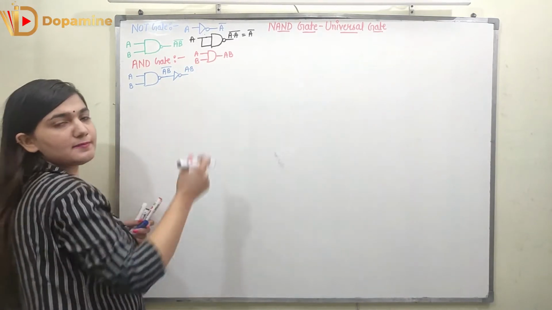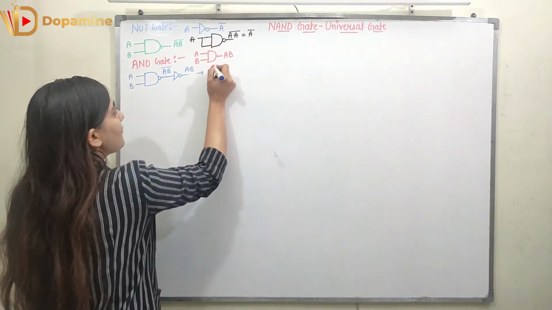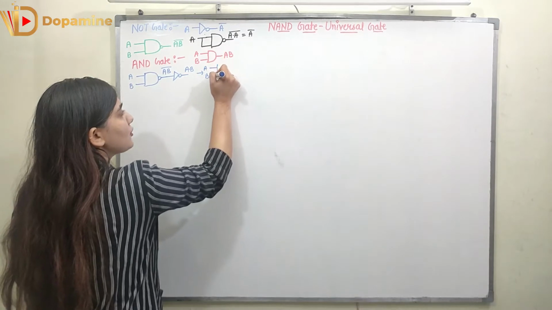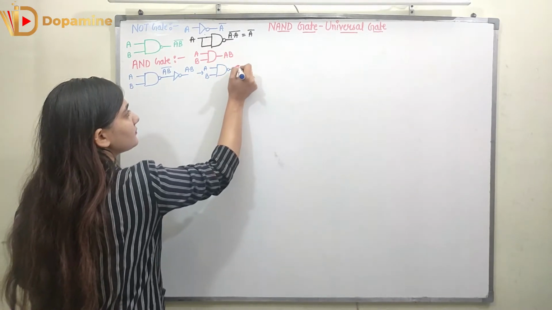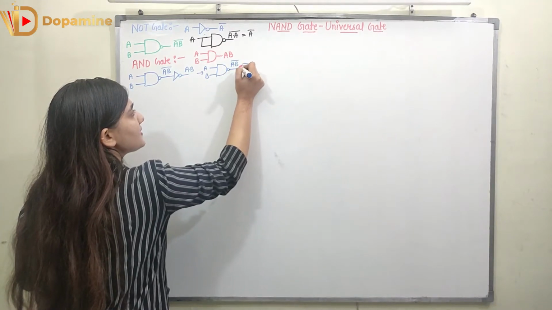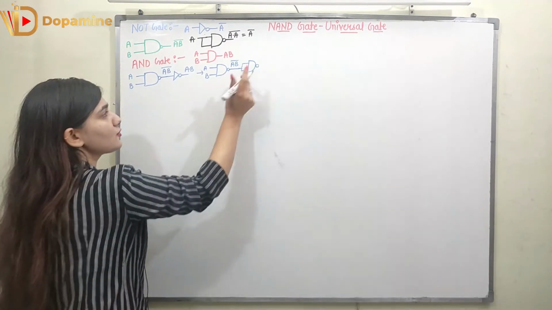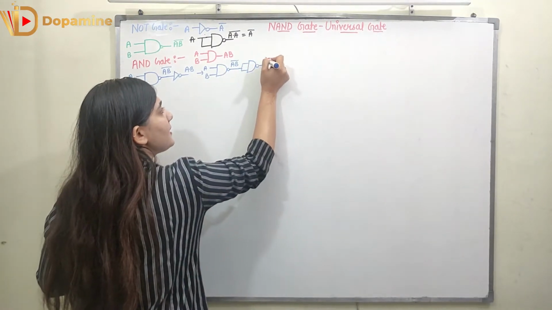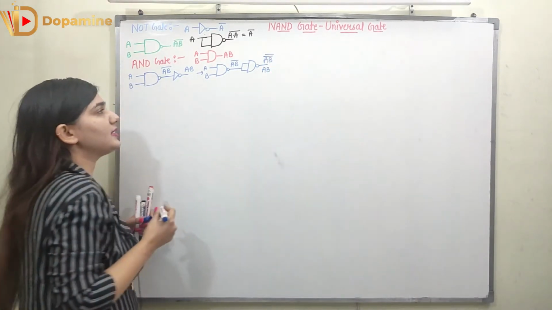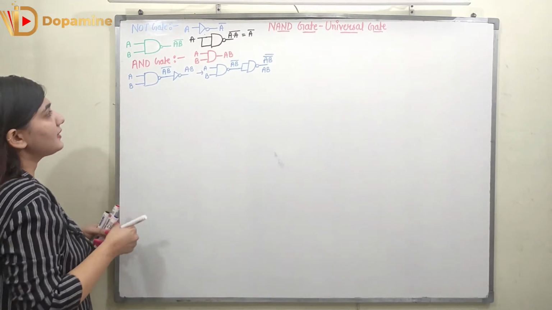Now I know how I can make the inverter using the NAND gate. So, right, what I am going to do, I am going to take A and B over here. I am going to supply it to the NAND gate. I am going to get the output AB bar. Now this AB bar I am sending to the two inputs of the NAND gate, right? So I will get over here AB bar bar, which is output is AB. So this is how the NAND gate can be acting like an AND gate, right?